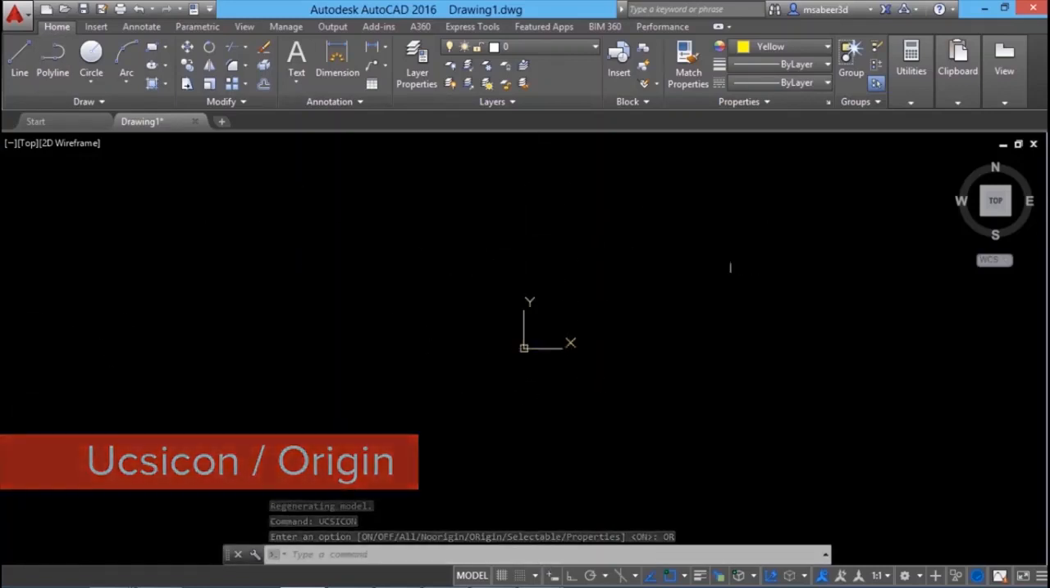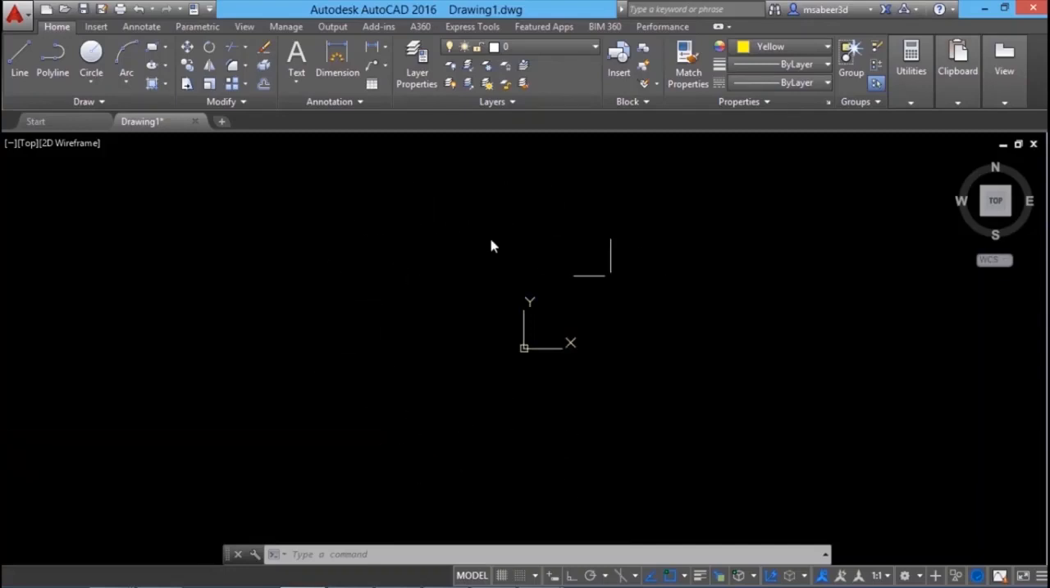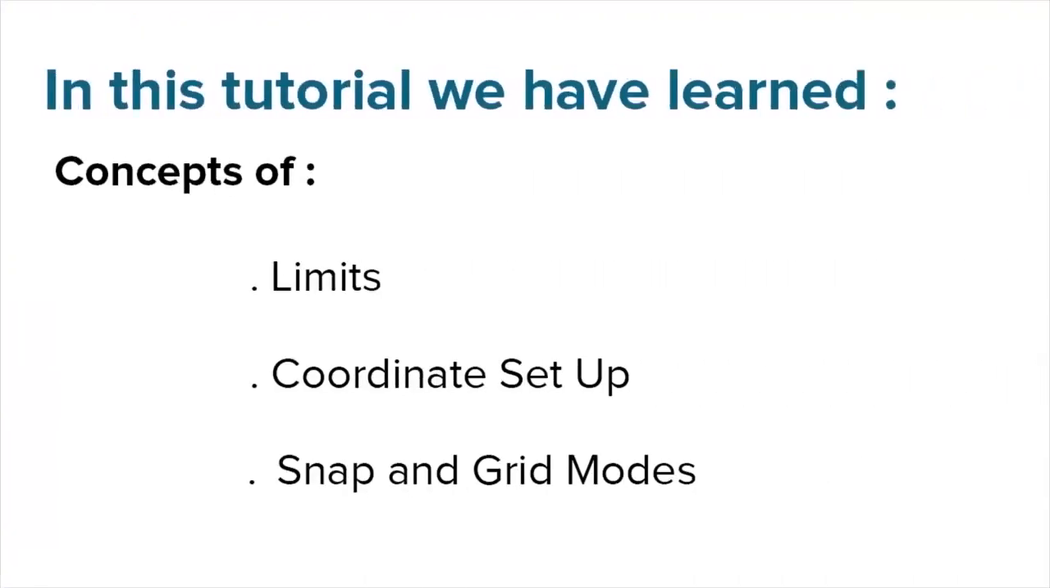This is how you bring all 4 quadrants within the screen in AutoCAD. In this tutorial, we have learned the concepts of limits, coordinate setup, and snap and grid modes. In the next video, I'll teach you the various procedures to create lines,